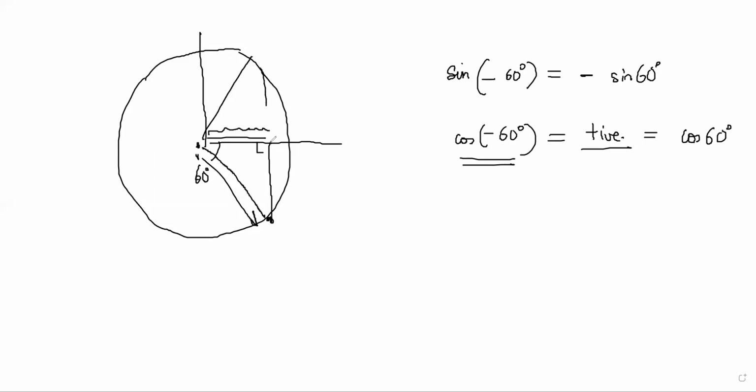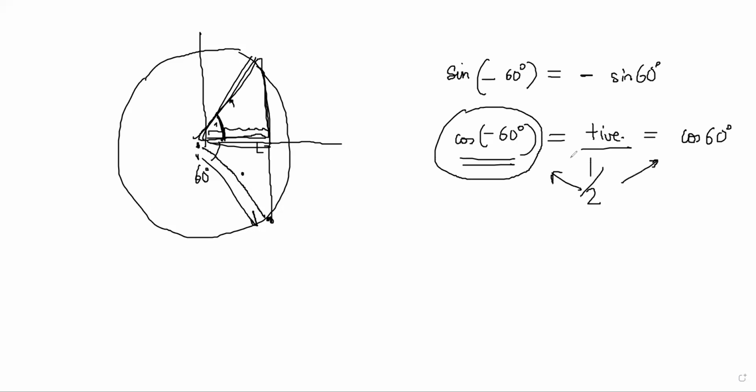Because again, if you draw a congruent triangle this side, if someone had asked you cos of this angle, you would have said 1 by 2. Cos of 60 is this by this. So this triangle is congruent to this triangle again, and therefore cos of minus 60 would also be the same ratio, which is half only. But this time it is still positive. So the difference between sine and cos function is important to know. If you put sine of minus x, it is minus sine x. But if you put cos of minus x, it is simply cos x. It doesn't change.